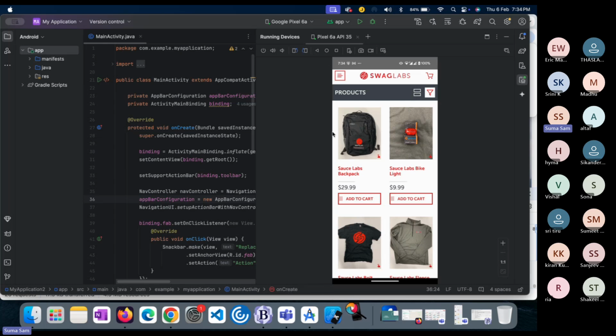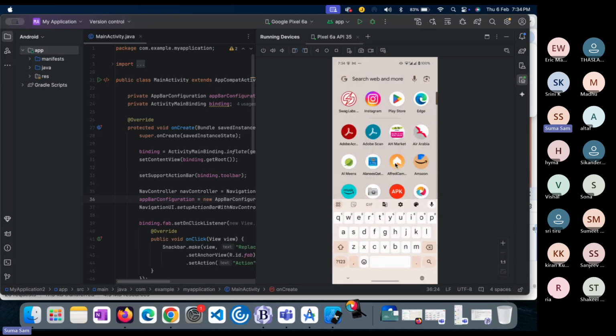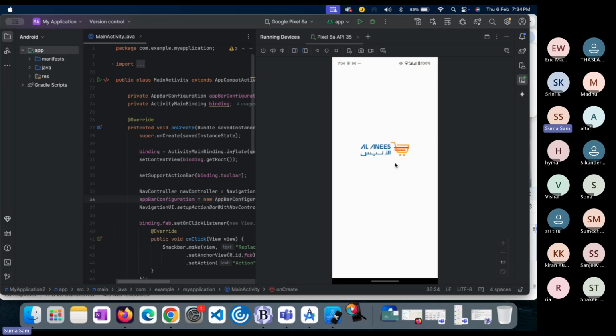But before that, let's try to understand the web view concept actually. And also you asked about a native application. So a native application is something like, say, this is my Android device, right? And if I open any application, for example, this Alanis, this application is for this specific platform, Android. Okay, and if I try to open the same thing or search for the same thing inside my iOS, for example,